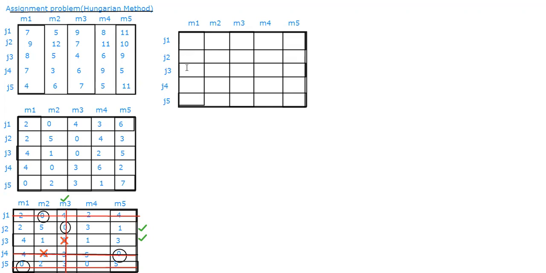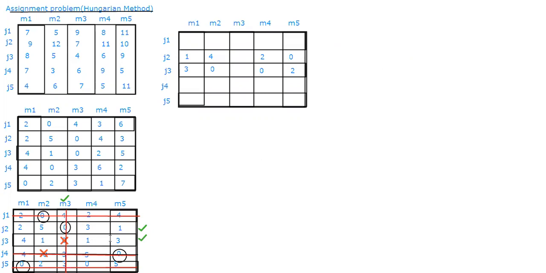So all the uncovered part we have to first subtract. 2 minus 1 is equal to 1. Then 5 minus 1 is equal to 4. And here 4 minus 1 is equal to 3, and 1 minus 1 is equal to 0. Then in the uncovered part again we have two things. Next 3 minus 1 is 2, 1 minus 1 is 0. Then here 1 minus 1 is equal to 0 and 3 minus 1 is equal to 2. These are uncovered, we have done it. Whatever he said, lowest, please minus it. So that's why I'm minusing it.